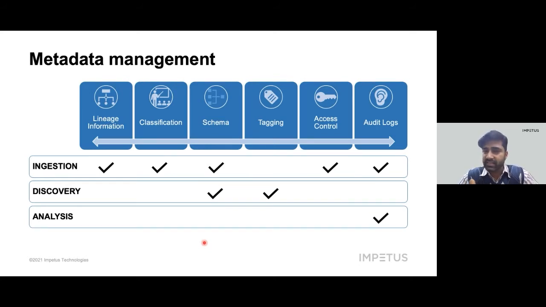So how do we manage it? Next important question. We have classified data presence into three different sections, as you can see on the screen: the ingestion stage, the discovery stage, and the analytics stage. Each stage takes care of its own set of metadata. Ingestion takes care of lineage, schema, structural information, access information, and audit logs. Similarly, the discovery stage takes care of the schema structure and the tagging, the tags we create on top of the data for our cataloging purposes.